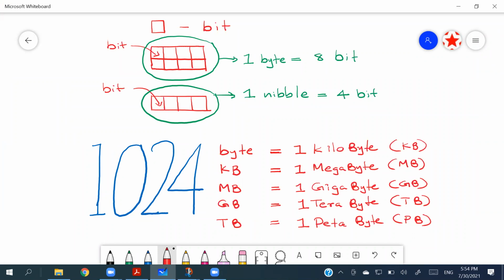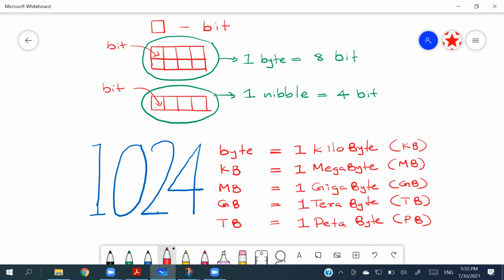When illustrating a byte, I take 8 squares of similar size, and together they illustrate a byte. When I take 4 squares together, where 1 square indicates a bit, it indicates 1 nibble. Then from byte to kilobyte, kilobyte to megabyte, megabyte to gigabyte, gigabyte to terabyte, and finally terabyte to petabyte,